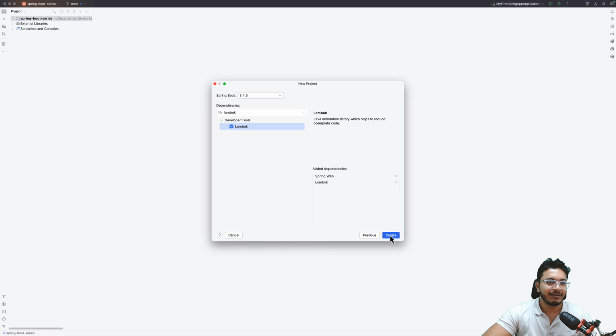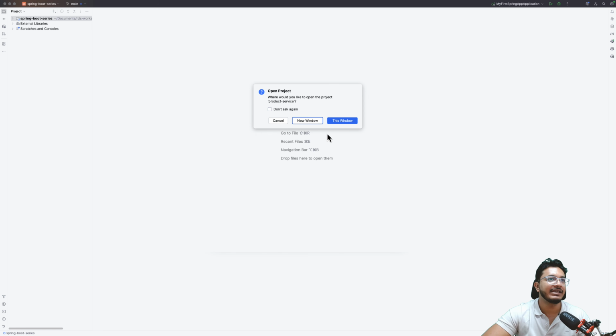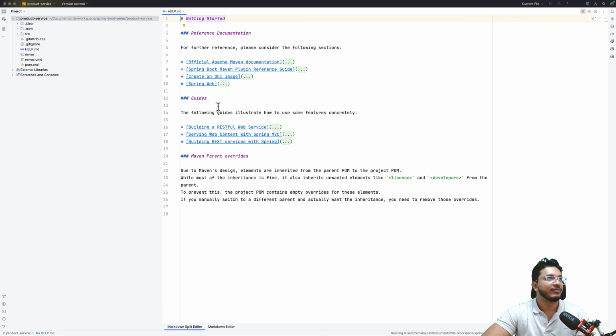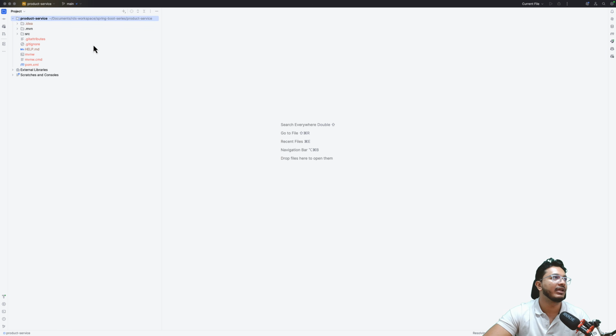So let's click on create, and the application will get created, and you can open this application. Let's open the application. Okay, so the application is opened. Let's explore the SRC folder. As usual, just like the previous application, we have the SRC folder and all the other folders. Already I have the Java folder, and under this folder, I want to